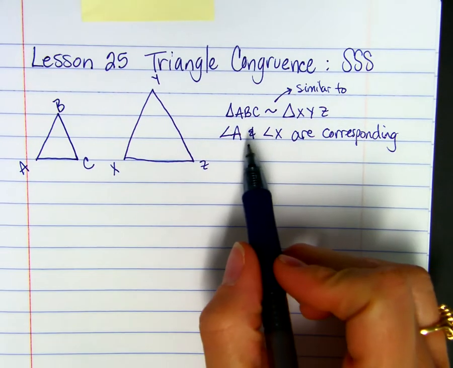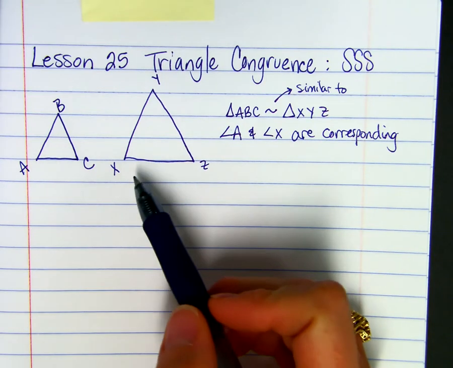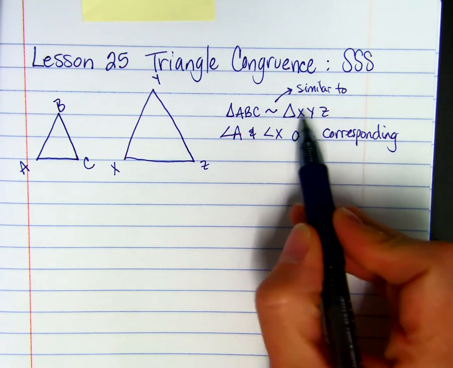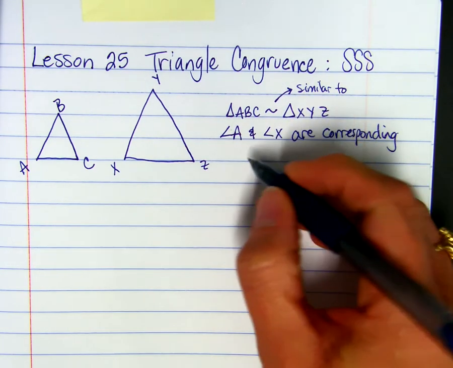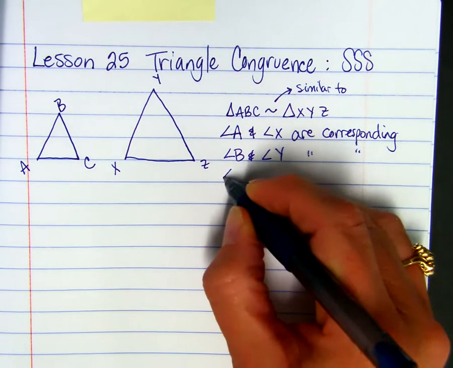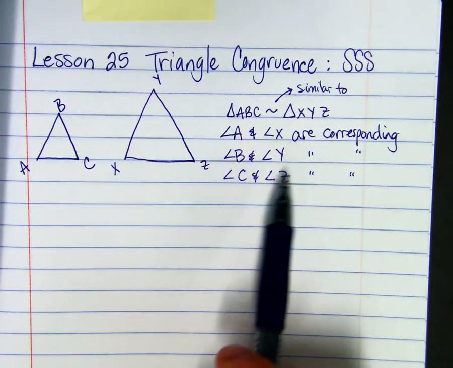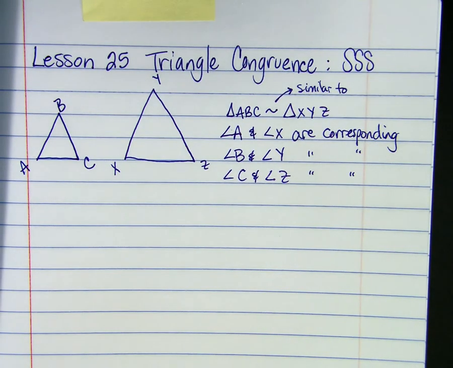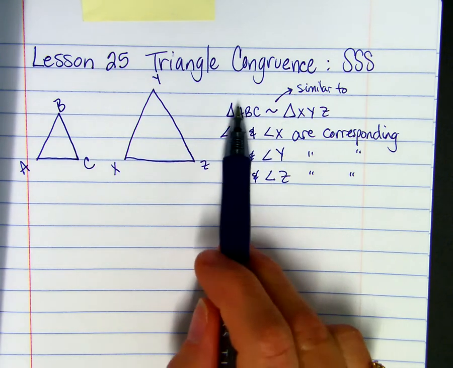Okay, so angle A and angle X are corresponding. You can look at the figure and see it. For me, the best way is to look at the names. The first letters are the angles that are corresponding, the second letters will be corresponding, and the third letters will be corresponding. So when you are writing that two triangles are similar or congruent, you have to get them in the right order, because the corresponding angles have to be in the same order